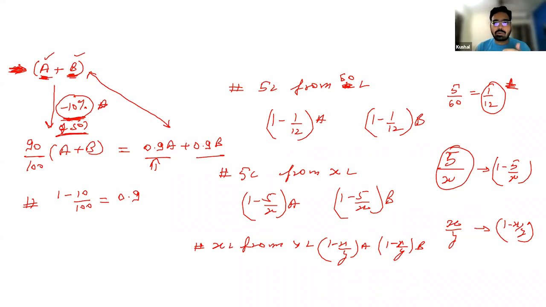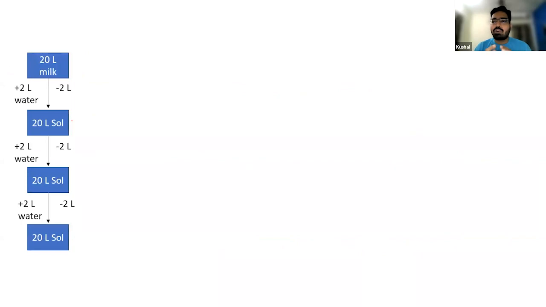That means I'll give you about 7 odd questions, some time to do each of these questions, and then I'll solve them on the screen. So let's have a look at the first example where I want you to apply this. Now let us understand what is happening over here. The question is that you have 20 liters of milk solution over here, pure milk. First step is you are removing 2 liters, and the second step is you are adding 2 liters of water